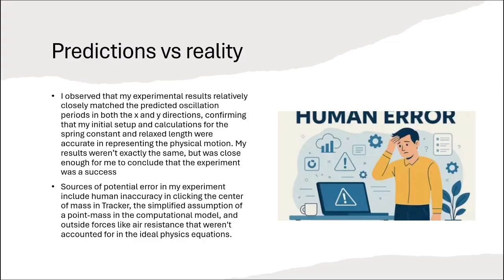Predictions versus reality. I observed that my experimental results relatively closely matched the predicted oscillation periods in both the x and y directions, confirming that my initial setup and calculations for the spring constant and relaxed length were accurate in representing the physical motion. My results weren't exactly the same, but they were close enough for me to conclude that the experiment was a success. Sources of potential error, of course, include human inaccuracy in clicking the center of mass in Tracker, the fact that we simplified the mass of the object to just be a point mass,